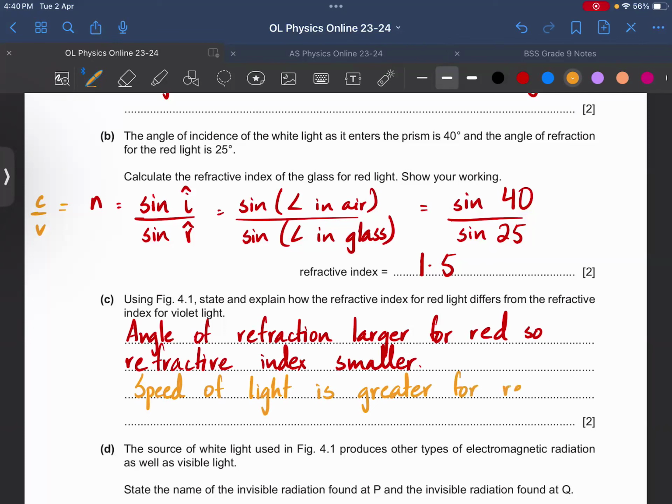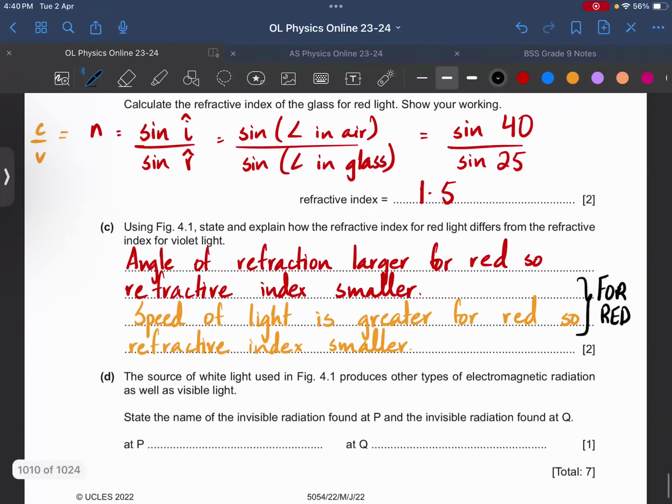So ये तो इसका मतलब है आपका जो v है इस formula में, v आपका ज्यादा है, तो again n कम हो जाएगा. So refractive index is small. Say, please be warned that I'm talking about the refractive index for red here. This is for red. ठीक है, red light की बात कर रहा हूं।